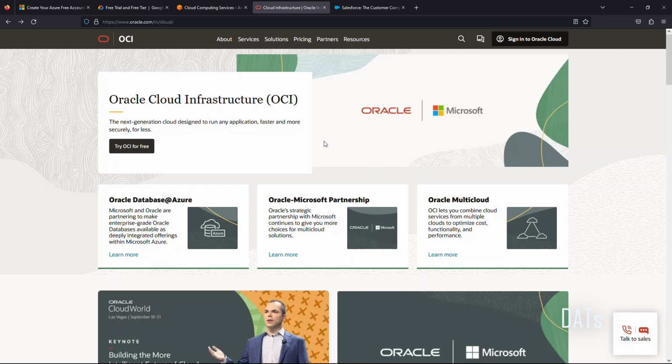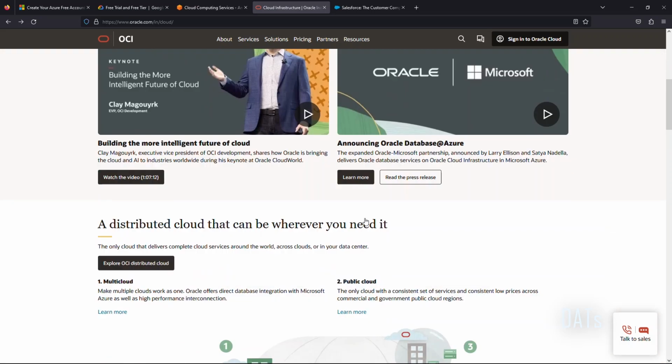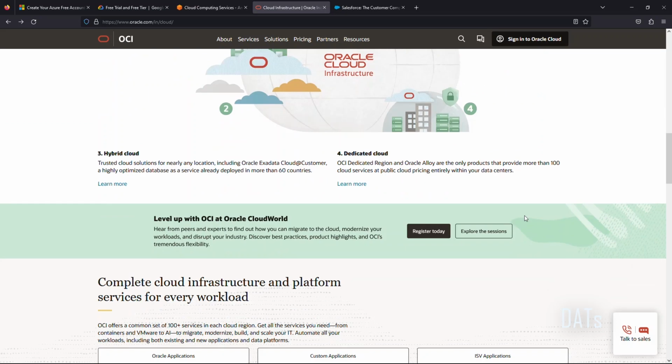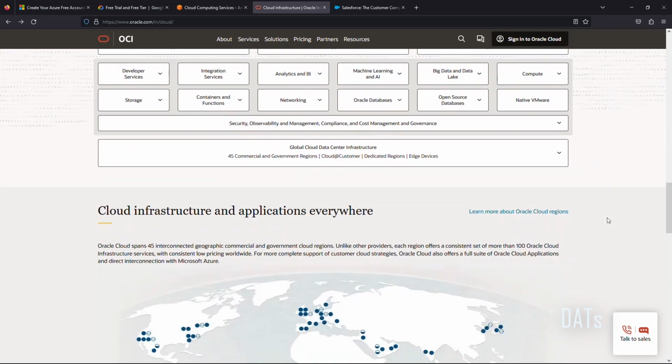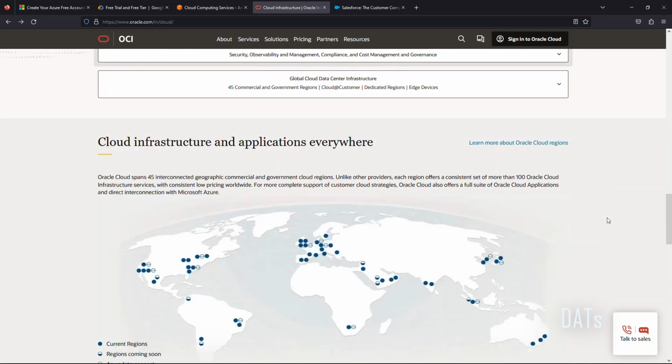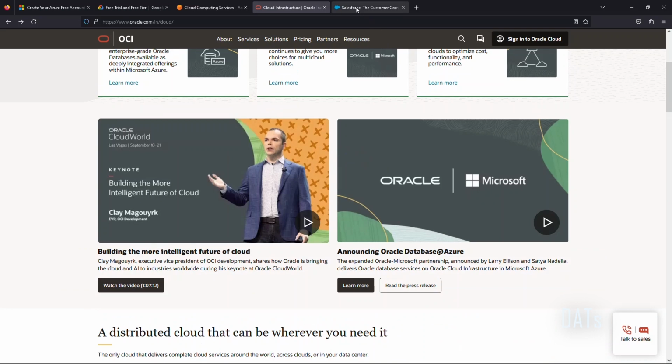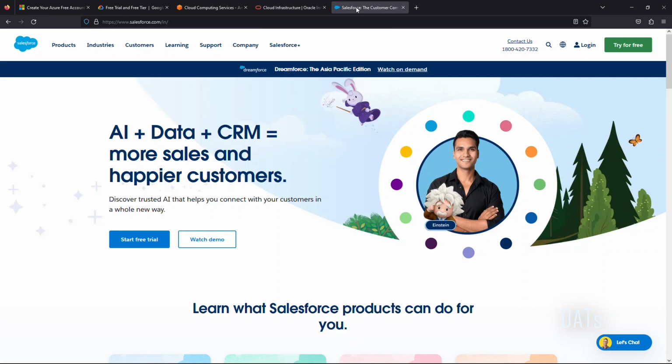Oracle has a partnership with Microsoft, and many of the Oracle products are in the Azure platform also. So take your time exploring Oracle Cloud. It is a complete cloud infrastructure and platform services for every workload. And you can also see this is available across the whole region. So this gives you a quick reference to some of the vendors that provide you cloud services, and they are the competitors in the market.